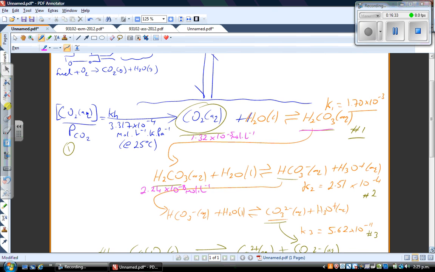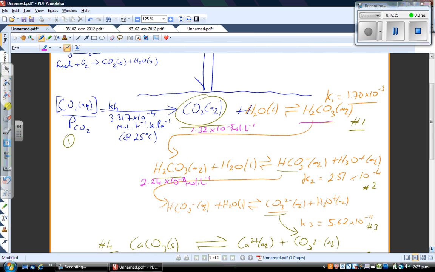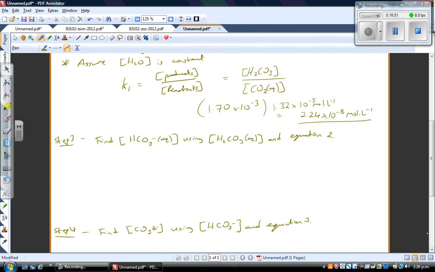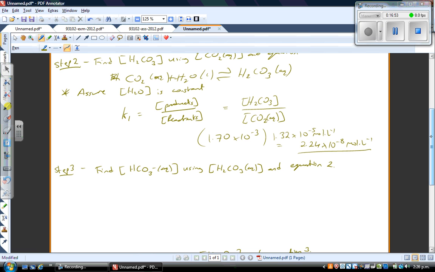Once you get into this question, you realize that you just flow down through it. So we have our concentration of carbonic acid. The third step now is to find the concentration of the hydrogen carbonate using equation number 2. So we go back here, step number 3, find the concentration of our hydrogen carbonate using our carbonic acid. Our carbonic acid concentration we just found to be 2.24 by 10 to the minus 8 moles per liter. So we write down this equation number 2, and equation number 2 is,